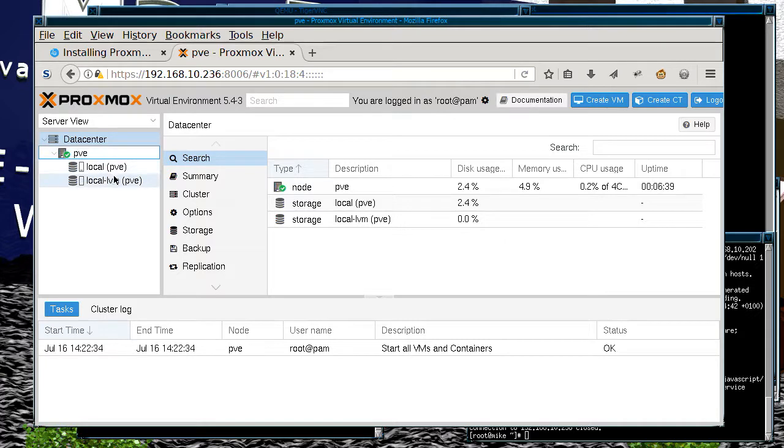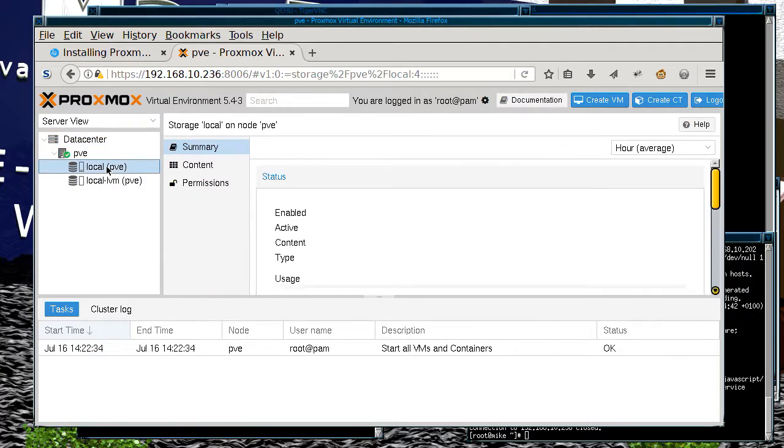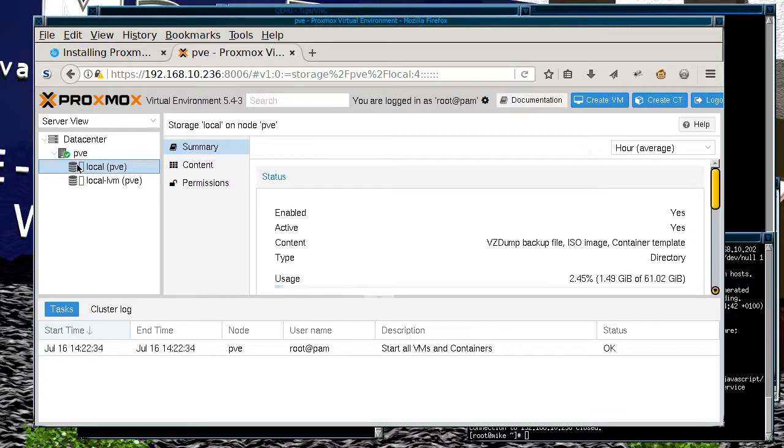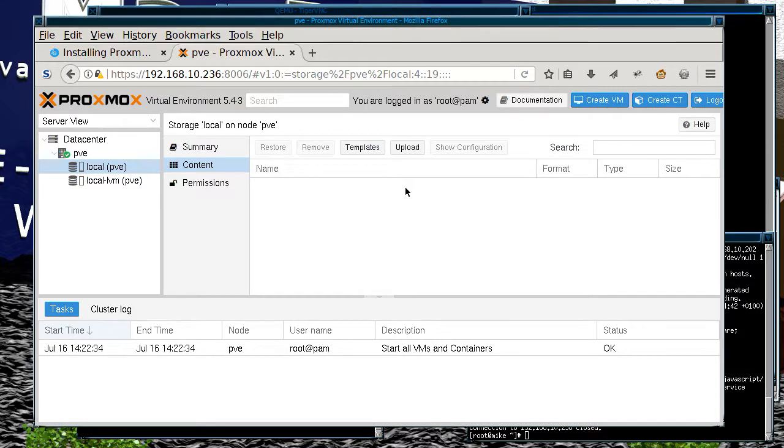And so by default, there's actually a local section. Not sure what you call it, but basically it's this storage here. This is inside the actual Proxmox. There's a section where files are stored, and you can store backup files, ISO images, and container templates. And basically at the moment it's empty, and on the actual server itself,